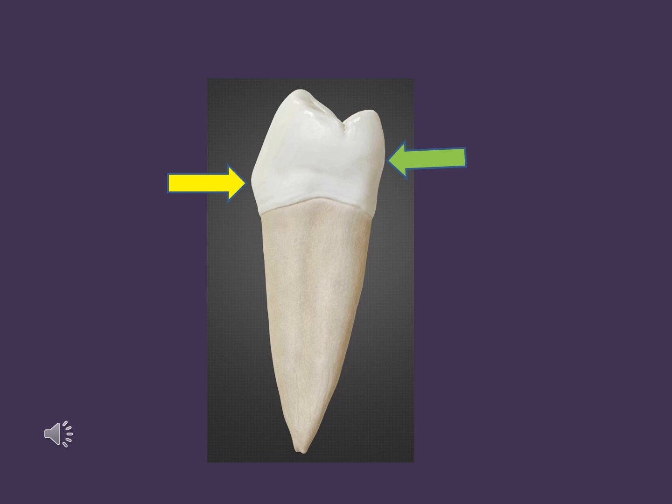The crest of contour from the buccal outline is located near the junction of the middle in the cervical one-third. You can see a yellow color arrow. That arrow represents the crest of convexity. It is mainly seen in the cervical ridge area. Now we'll see the lingual outline. The lingual outline is also convex, but it is less convex when we compare to the buccal aspect, and it extends beyond the root boundary in the region of the crest of curvature, which is located in the middle of the middle one-third. The green arrow indicates the crest of curvature.